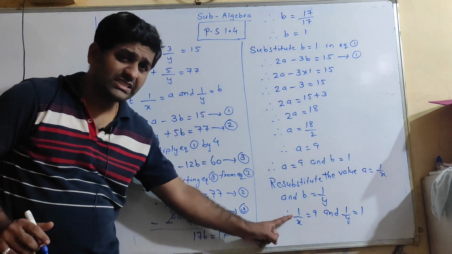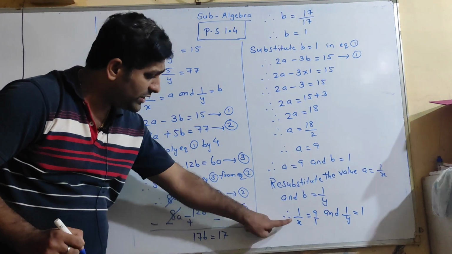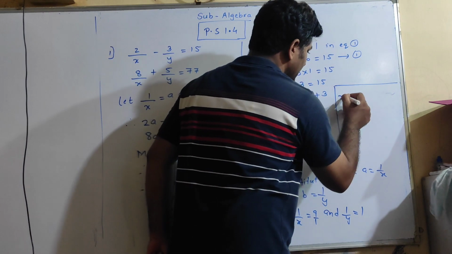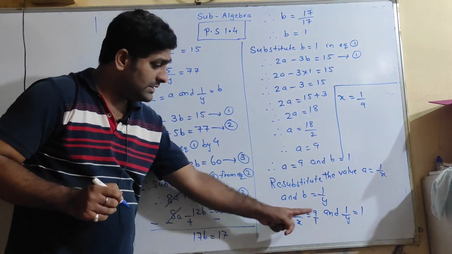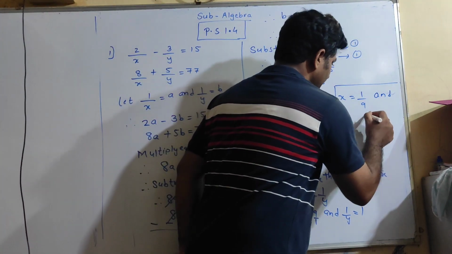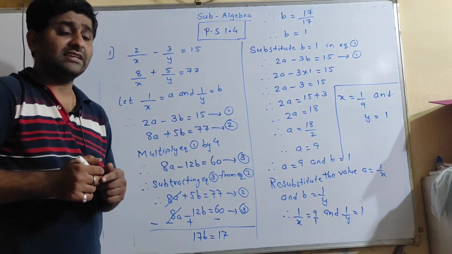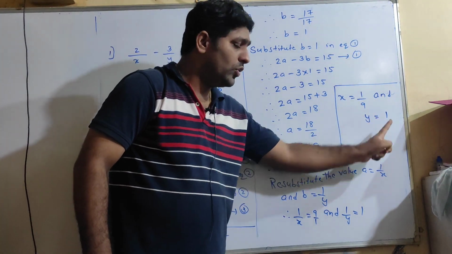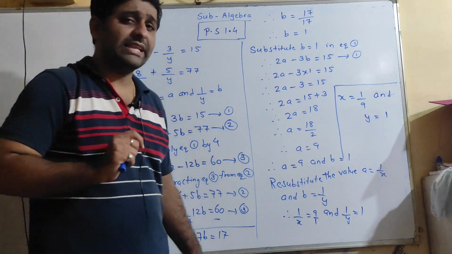Now students, what we'll do is invertendo. Here in the denominator nothing is there, so we'll take this as 1. So if I do invertendo, what will happen, students? Here I'm solving the remaining part over here. We will get x as 1 upon 9 by invertendo. Similarly, if I do invertendo, 1 upon y will become y and invertendo of 1 is 1. So what will be our final answer, students? Now x is equal to 1 upon 9 and y is equal to 1 is the solution of the given simultaneous